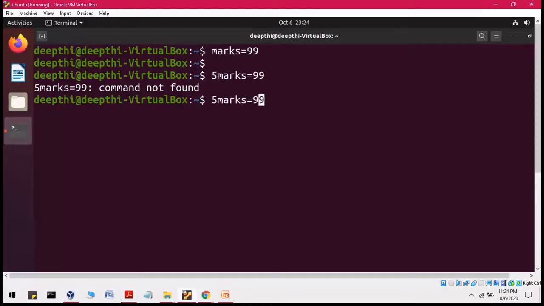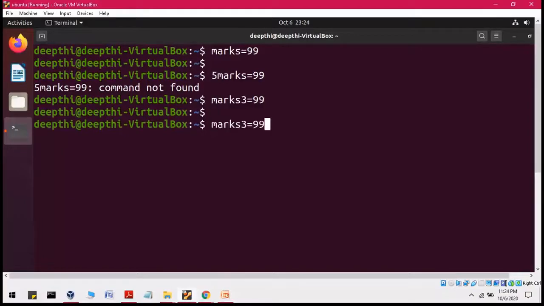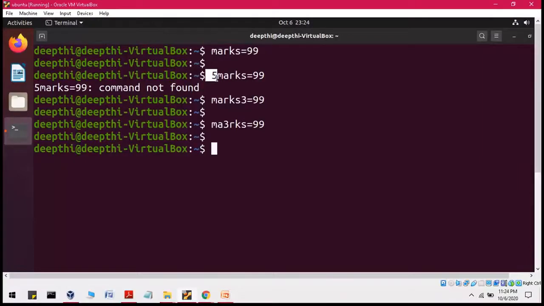But what if a number comes at the end? Let's say I'm inserting 3 here. This is correct. And what if a number comes in between? This is also correct. The only condition is that the variable name should not start with a digit, but the digit can come at the end or in between.